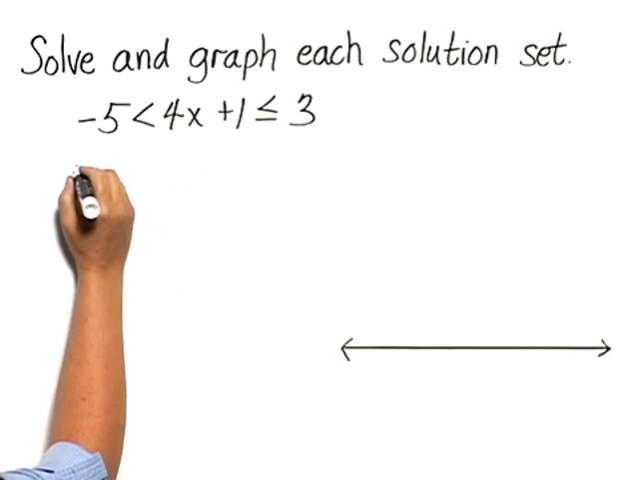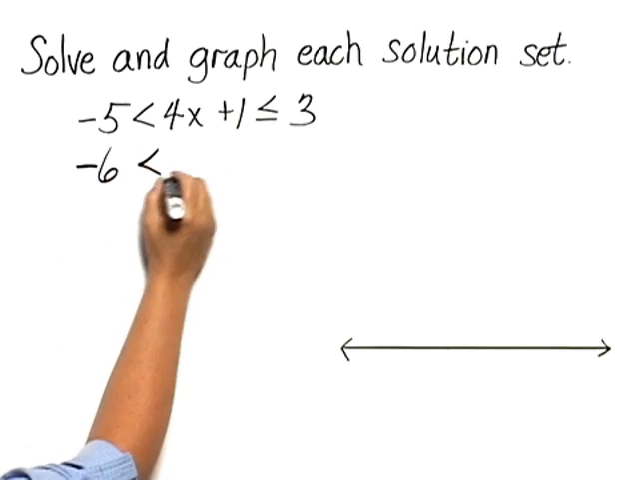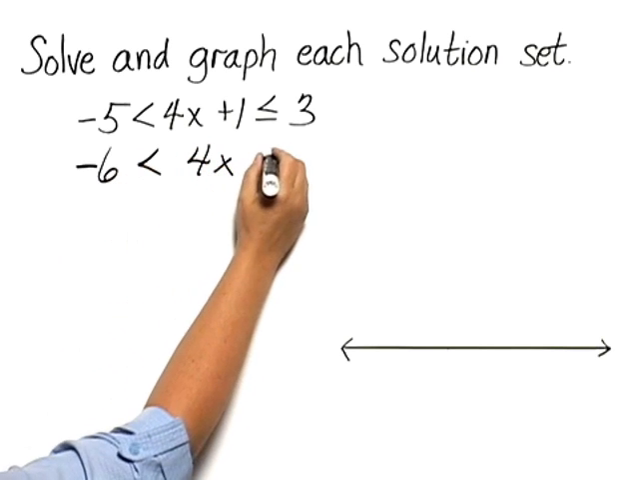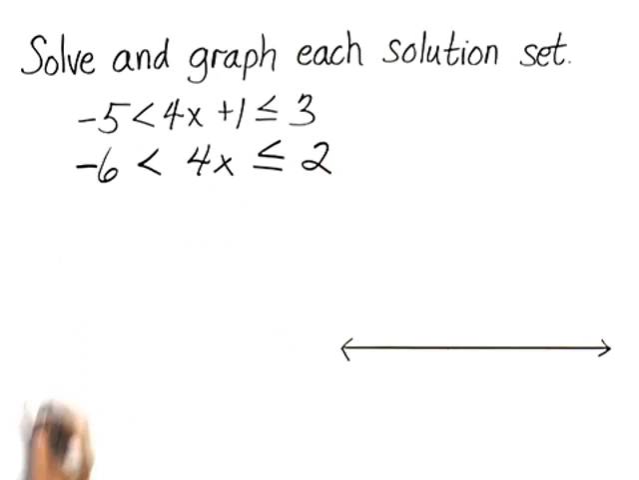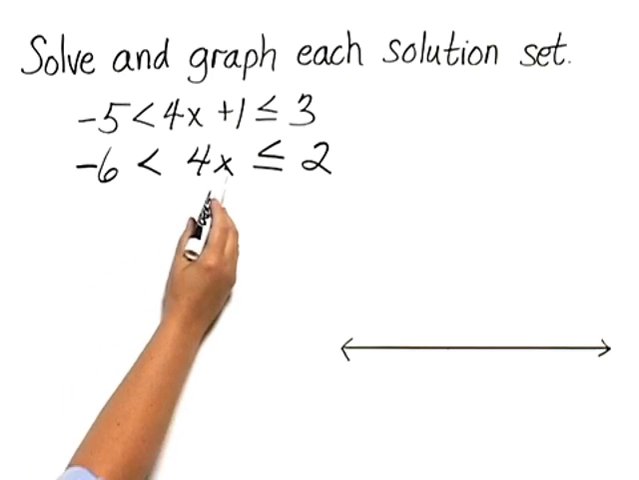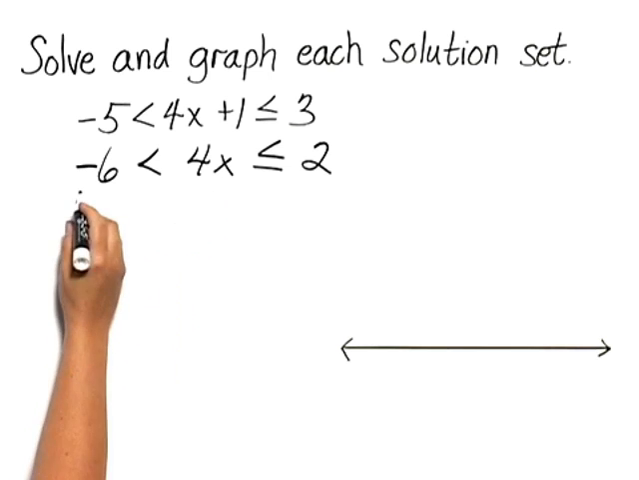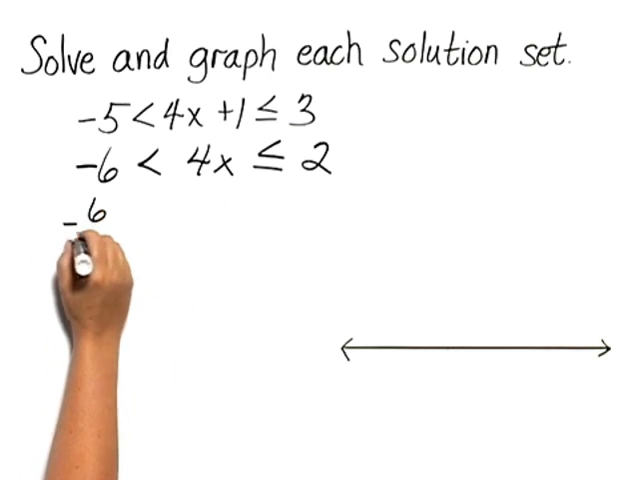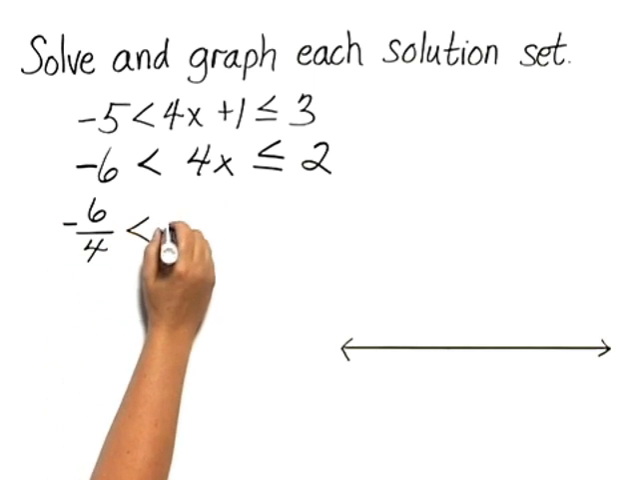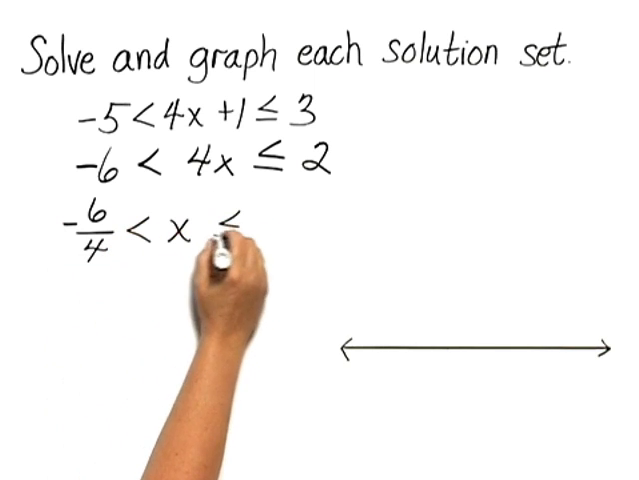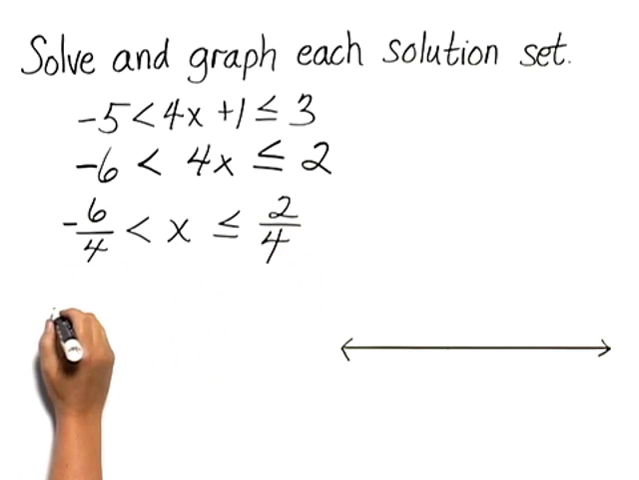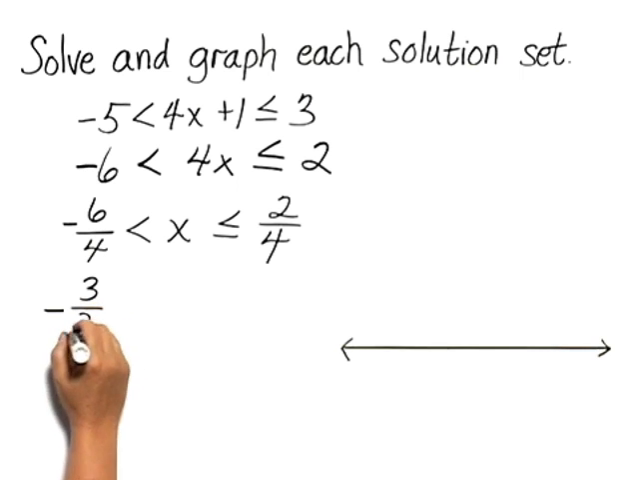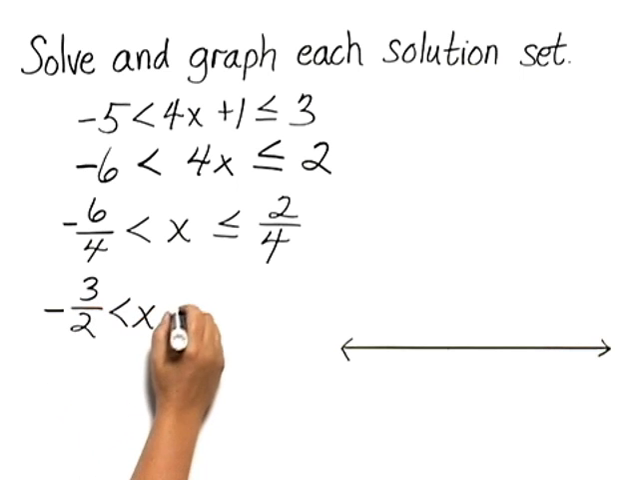That gives me -6 is less than 4x, which is less than or equal to 2. And that's subtracting 1 from all three parts of the inequality. Now I can divide everything by 4 in order to get x by itself. I have -6/4 is less than x, and x is less than or equal to 2/4. And these can both be simplified to give me -3/2 is less than x, and x is less than or